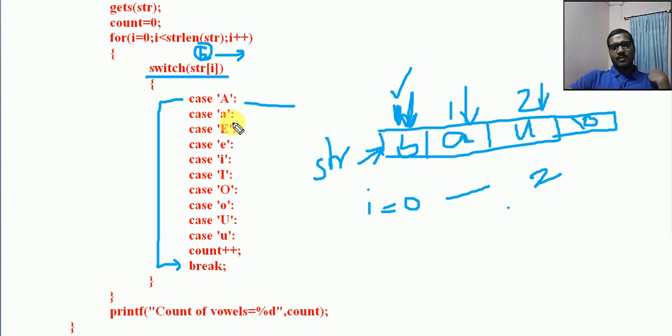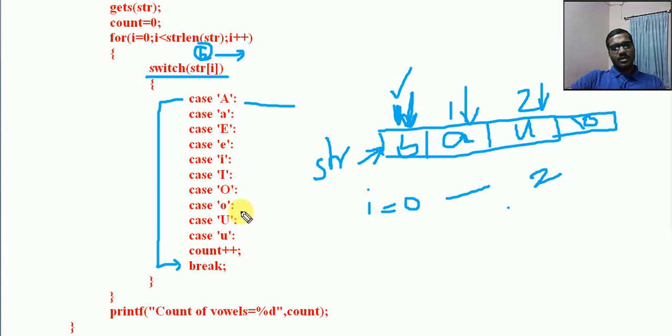Case A, we are just checking whether this particular location is any of these characters. It can be any one of these only, not all, or two or three; it will be only one. So if it is one of these, it will go straight through these cases and nothing will happen.